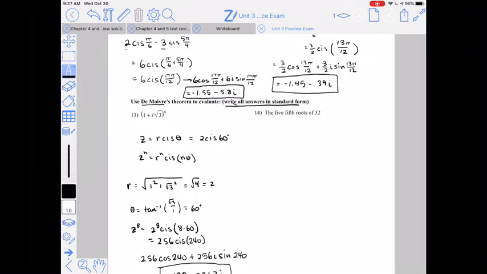So if we want to find the fifth roots of 32, we have z equals 32, that's our complex number there. And the formula of the theorem that we use in the textbook is